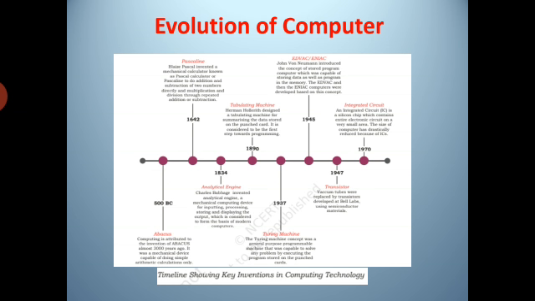Then in 1890, Herman Hollerith designed a tabulating machine for summarizing the data stored on punched cards. It is considered to be the first step towards programming. In 1937, the Turing machine concept was a general purpose programmable machine that was capable of solving any problem by executing the program stored on the punched cards.